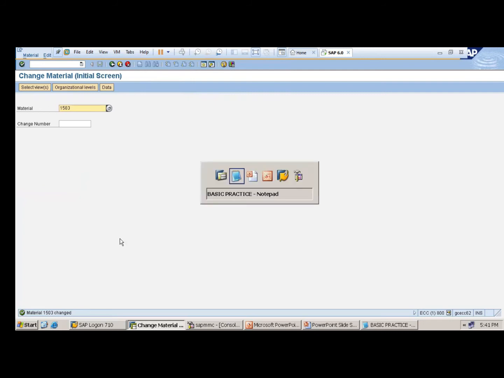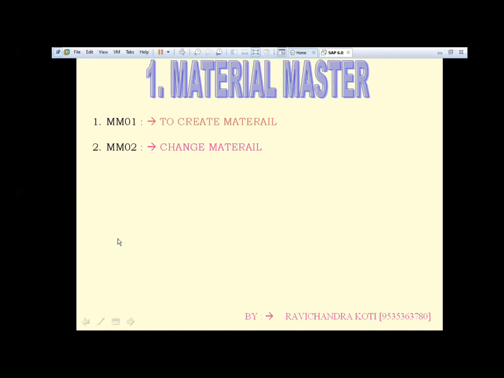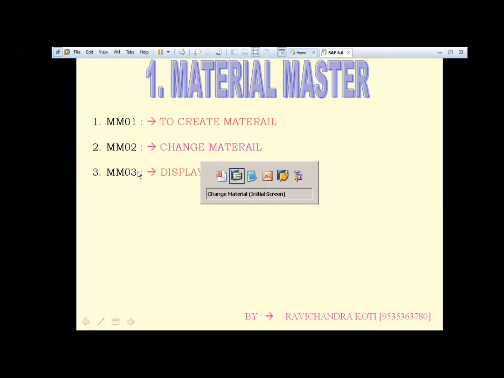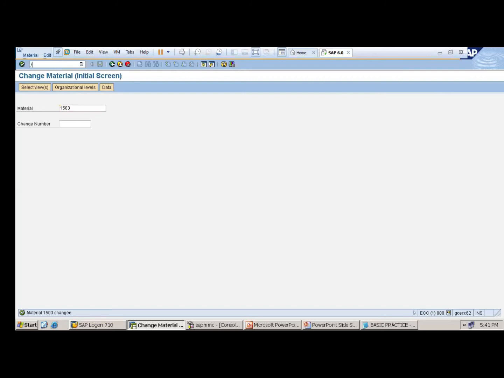Suppose I want to view the material I created. The transaction code is MM03, display the material. Which one, 01 or 02? 02 only. Whatever changes we made, that material will get displayed in 03. Let me see. /n MM03. Enter.